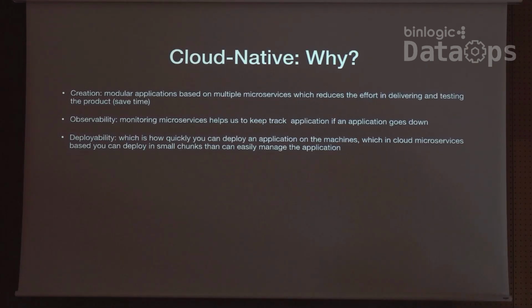Deployability is how quickly you can put an application on production. You can basically reduce the footprint of your deploy by having very tiny pieces that form an ecosystem instead of having a big monolith, where when you have to deploy, you would have to deploy all at once and do some kind of cutover or blue-green, etc.